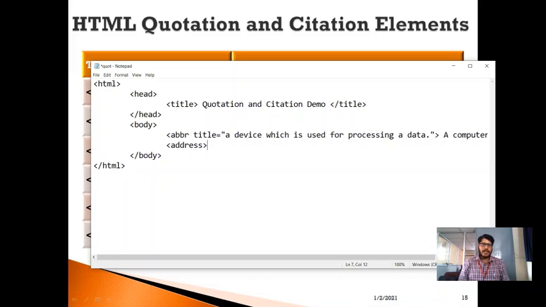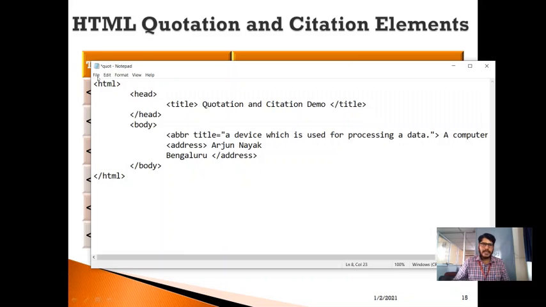Say for example, Arjun Nayak. Okay, so press enter here, and after this, let me specify Bengaluru. Okay, so after this, let me close this address tag.